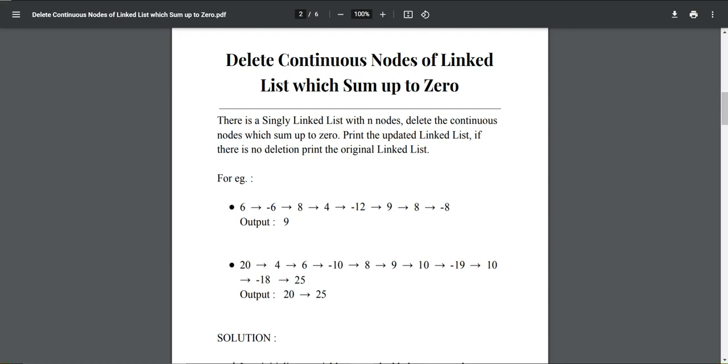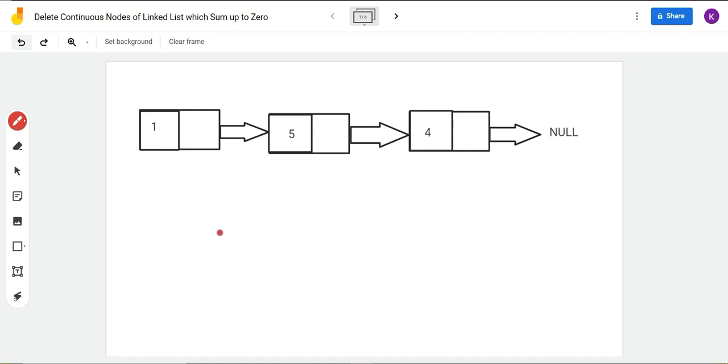Okay, now let's look how we are going to proceed with this. Firstly, let's look how a linked list node looks like. A node has two parts. One is the data and the other has the address of the next node. For example, the address of this node is X, the address of this node is Y, its address is Z.